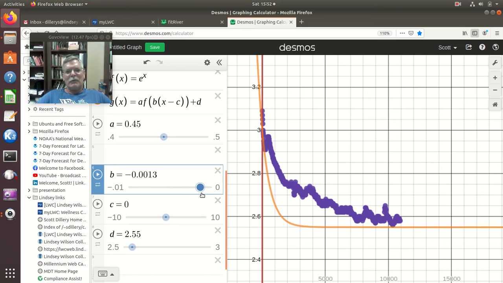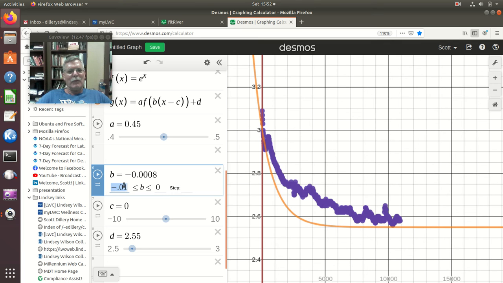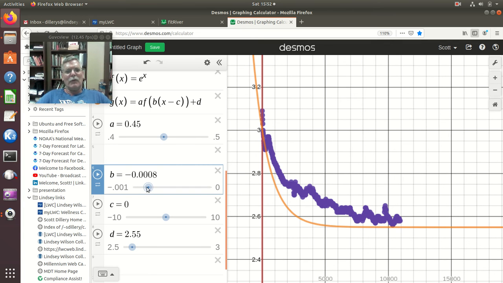It's not really getting too close. Here I'm almost at 0.001. So I'm going to add yet another 0 to this thing, just to make it easier to do the slider. And I still have a ways to go to make it look like that. Now it is finally really starting to look like this. See, I can see it going through the 3,